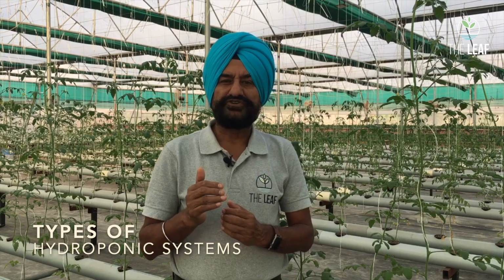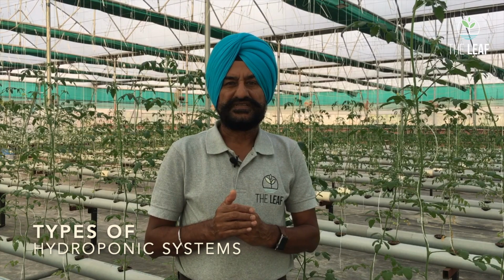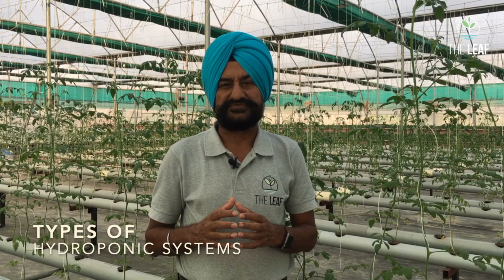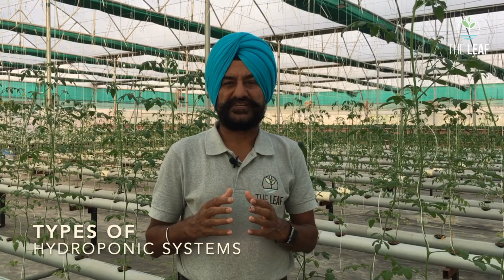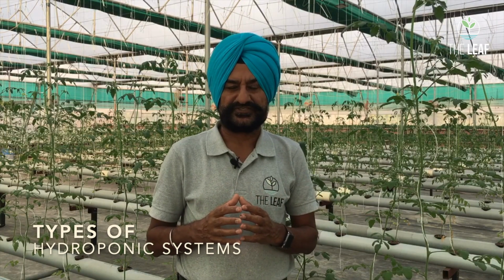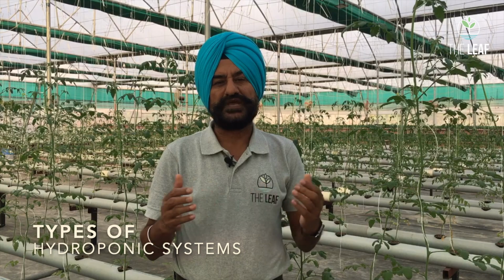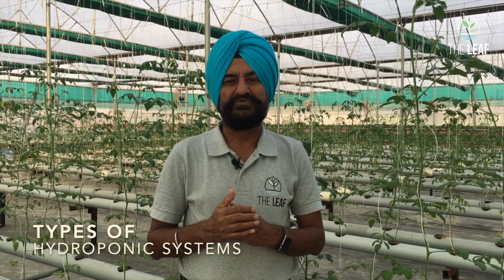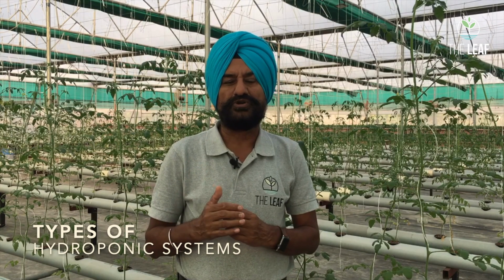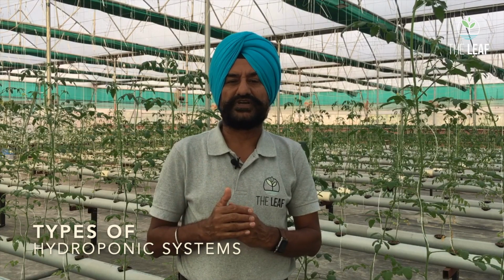So, you will have to decide on that. Another thing common among all the hydroponic systems is that the hydroponic farm should always be covered on the top with glass, with polysheet which is transparent, or with retractable roofs these days. Better if on the sides you also use side nets to keep the insects away, and also use polysheet curtains which can be moved up and down, or drawn and removed, because that will be able to control the carbon dioxide concentration in the farm, on which the photosynthetic rate of the crop and the growth of